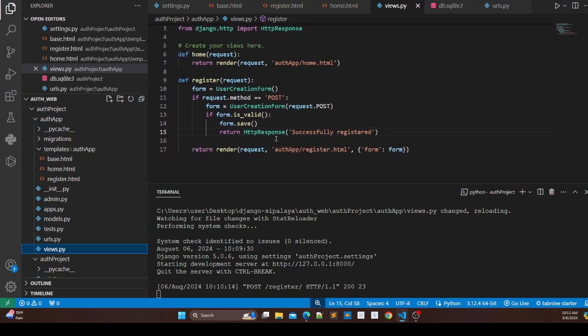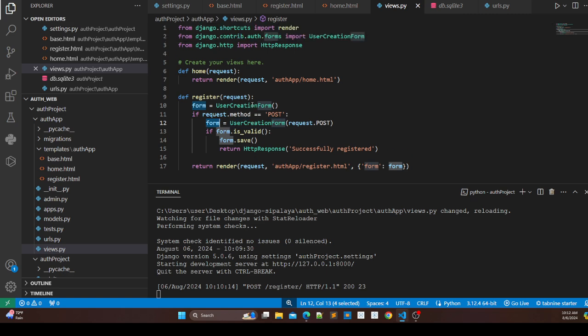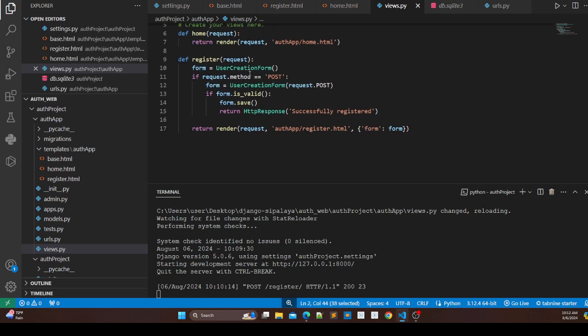From here what we have done is we have created a user creation form. We have taken it from Django contrib, the user creation form. We have taken this form and checked whether it is valid or not. If it is valid, then we have saved the form and just returned successfully registered. We have done this work up to now, and after we created all this,